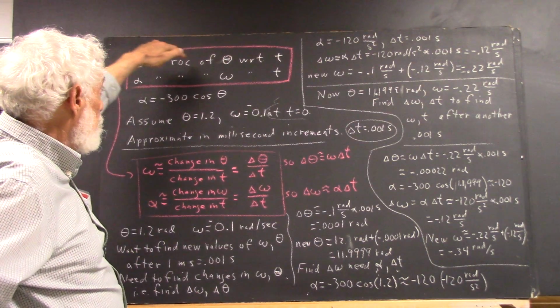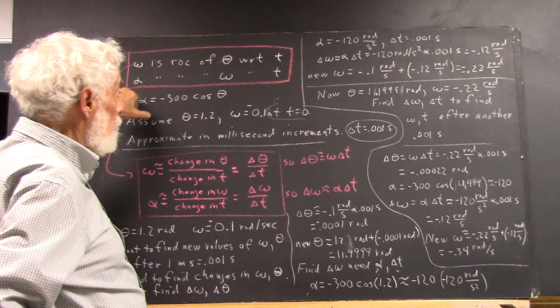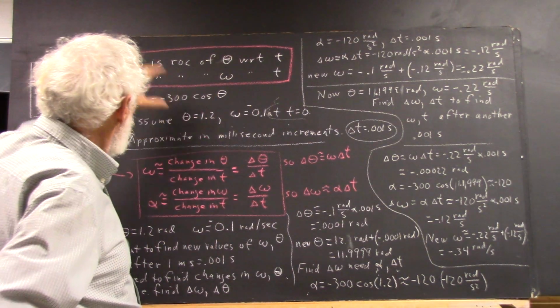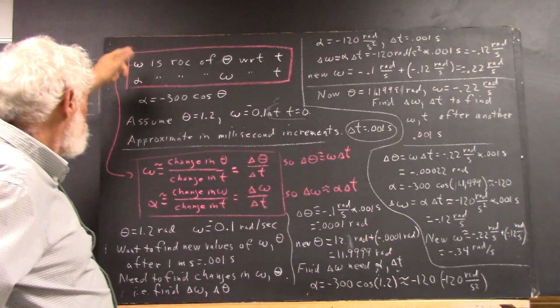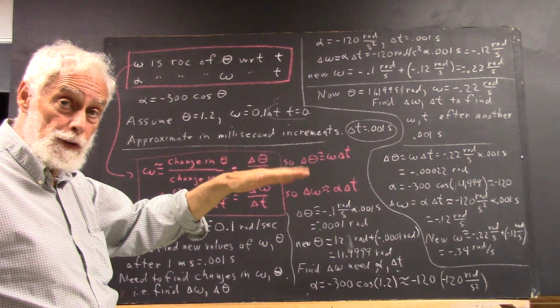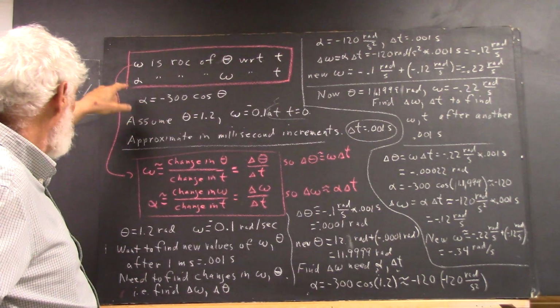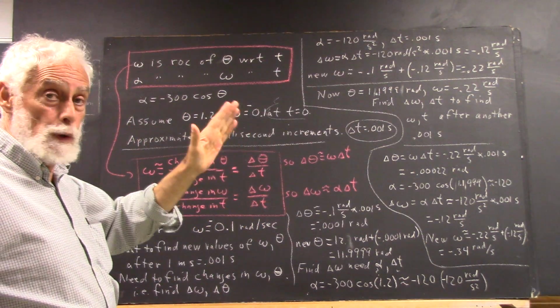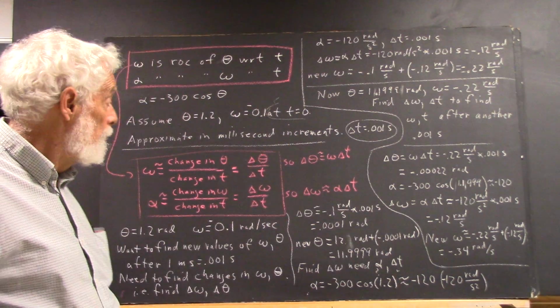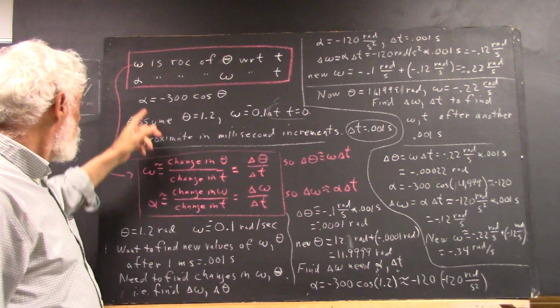First of all, omega is the rate of change of theta with respect to t. Alpha is the rate of change of omega with respect to t. We have some idea what this means. Omega is the rate of change of the angle of a domino as it falls to the tabletop. Alpha is the rate at which that velocity, or that rate of change of position, is changing, making this sort